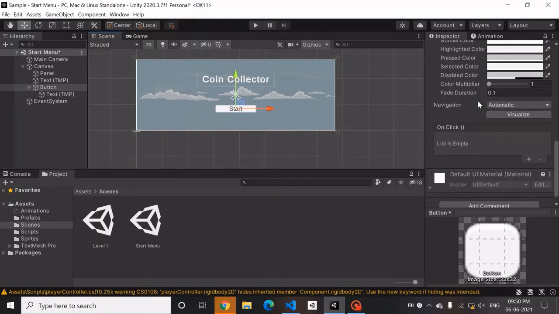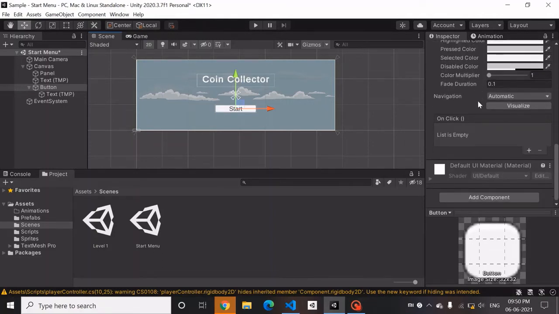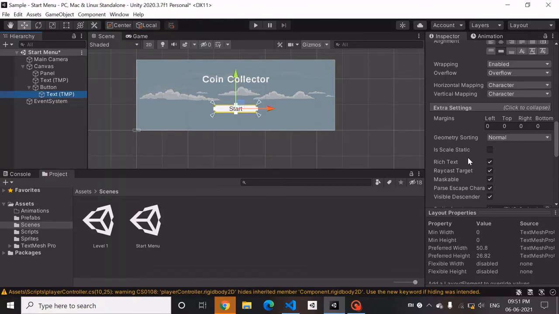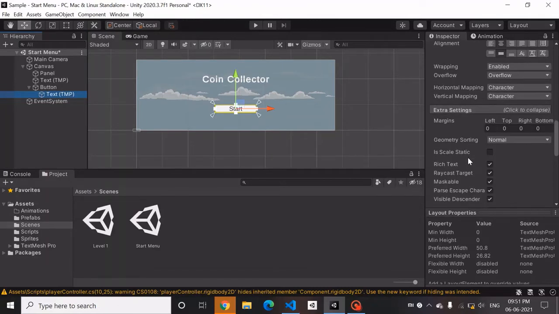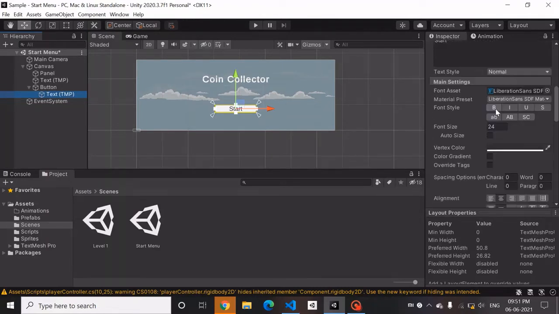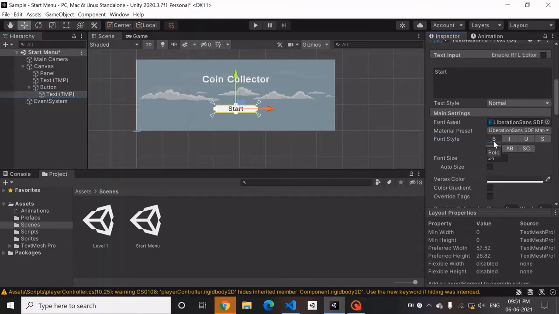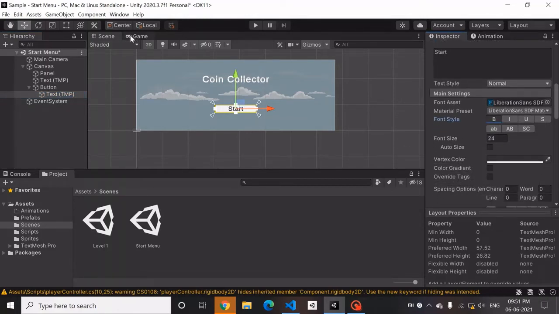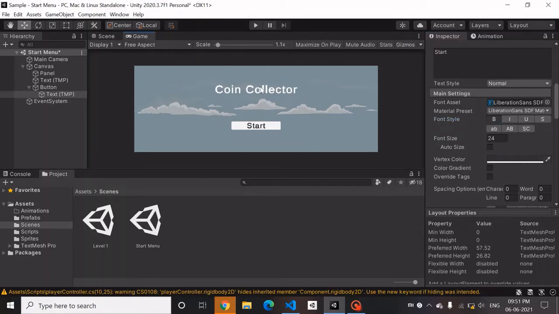You can explore all these settings on your own regarding the different formatting, etc. For now, I'll just teach you the basics. I'll make this bold for it to look good. Yes, that seems enough for now. So we have this coin collector and the start button.